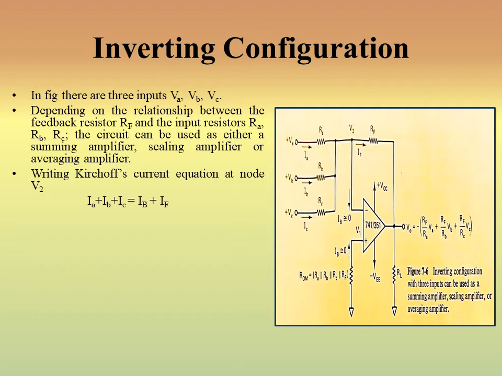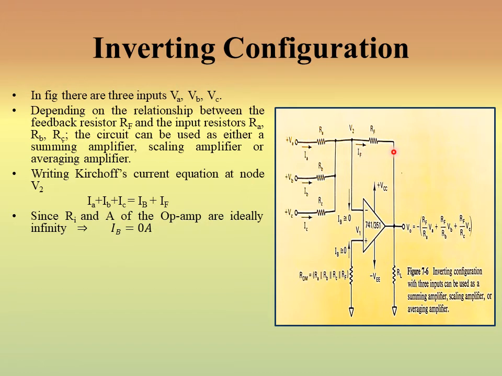Now we know for an operational amplifier, it is known that the input resistance is infinite and its gain is also infinite. So this point behaves like a virtual ground, and because of the infinite input resistance, the current flowing in the operational amplifier is approximately 0. So IB will be approximately 0 and all the current that is coming from IA, IB, IC will go through